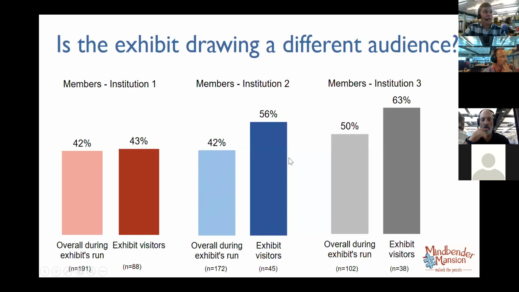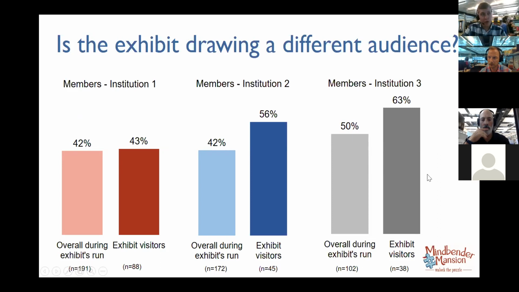Actually, when we looked at the data for the other 2 institutions that had it, it looked like proportionally members were more likely to visit Mindbender Mansion. So this is one of the areas where we really were thinking about context, and obscuring the institutions makes it really hard to do that. But of course, that's what we do in COVES. As COVES presenting data, we don't reveal who each institution is. But in a one-on-one setting or an institution-to-institution type of facilitated sharing setting, the conversation around this